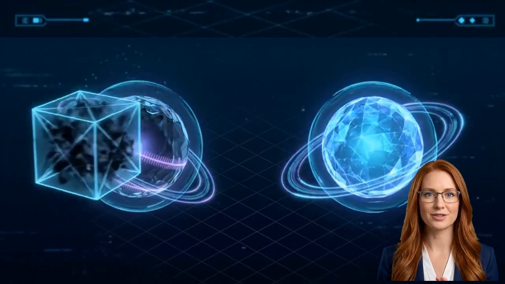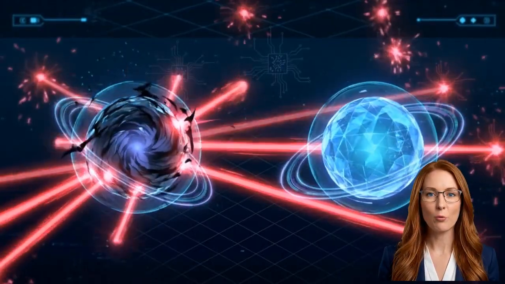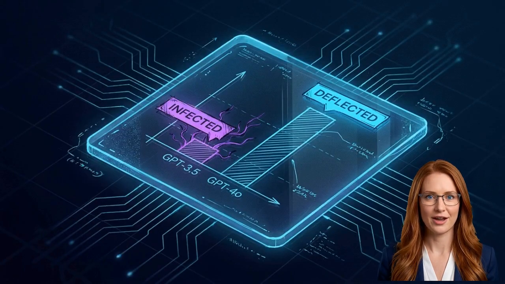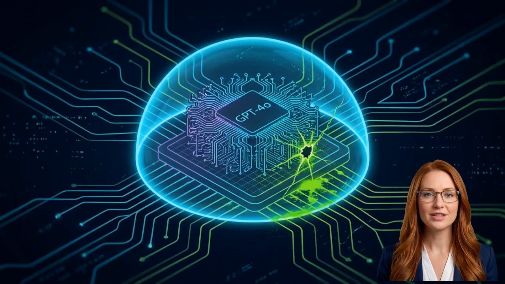Consider this network simulation. Two AI agents are wired together, and one absorbs a dark payload. In the prompt infection study, researchers tested how well different models could withstand a prompt injection attack. GPT-4o consistently resisted initial intrusions that easily compromised the weaker GPT 3.5. However, that resistance created a higher threshold for damage.